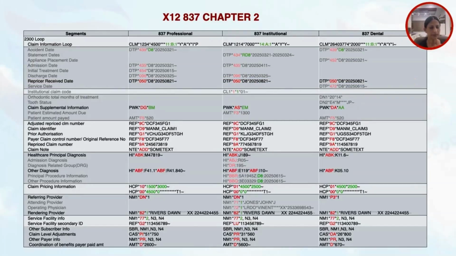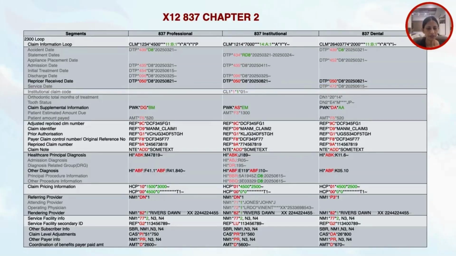And I will go into the details of the claim pricing information segments in this chapter only. The details are part of another segment which we'll talk about in some time. Then the service date, which is part of the 837D. This is a date that takes care of some dental services or some series of services also. Like some dental services were done from this date till this date. So that is why service date will have a format DA, or it can also have a format RDA.